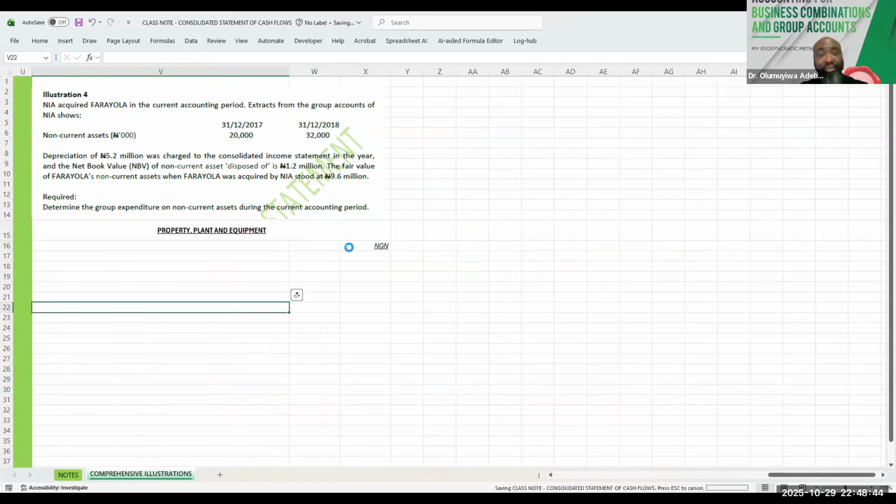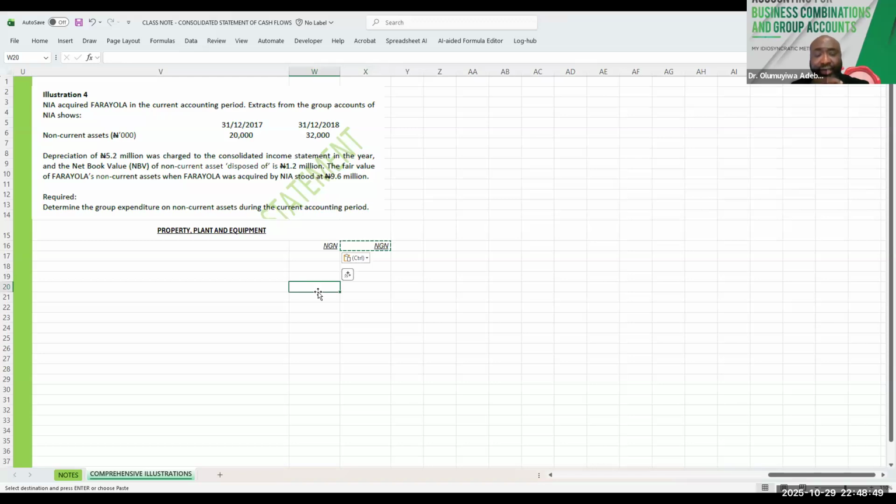Property, plant, and equipment. Now, I want to see the movement in my property, plant, and equipment to identify which one is the cash element in it. Therefore, usual from your IAS 16,